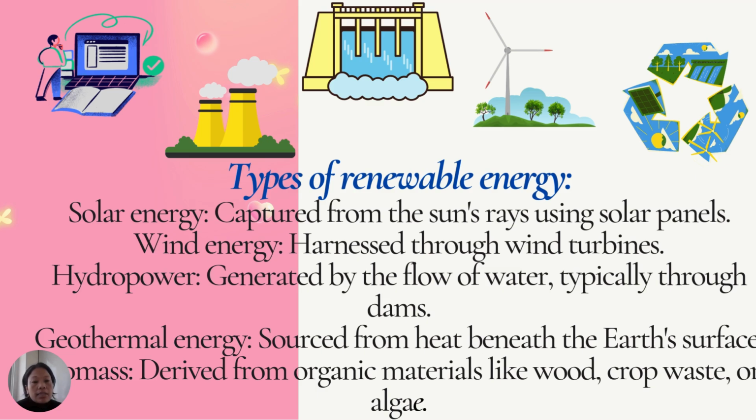And there are types of renewable energy we can see. First one is solar energy, and second one is wind energy, hydropower, geothermal, biomass. These are the different types of energies that we get from the nature around us, and by which we are surviving to a certain extent, because these are the sources from which we are getting all these energies in this present world.